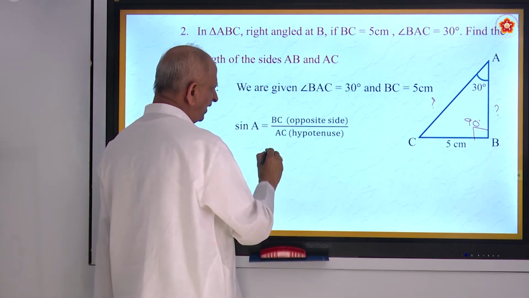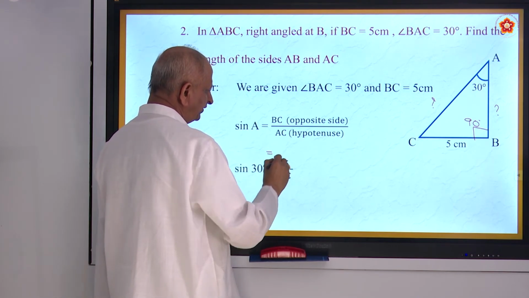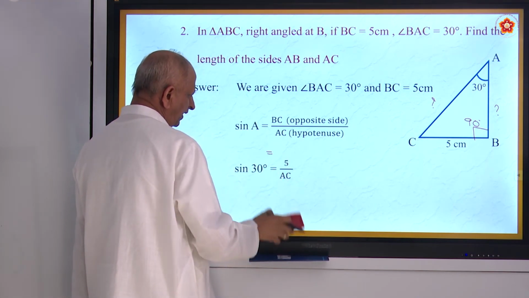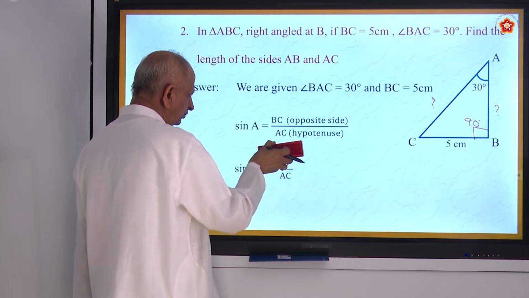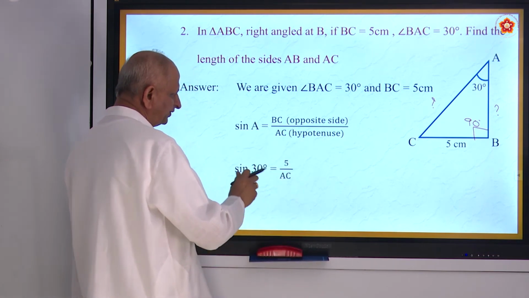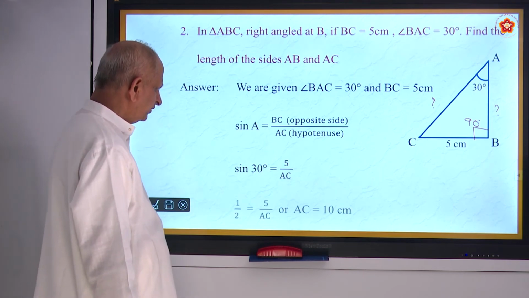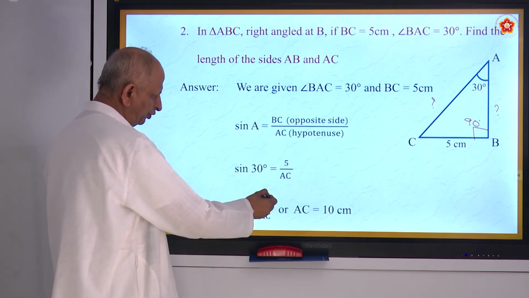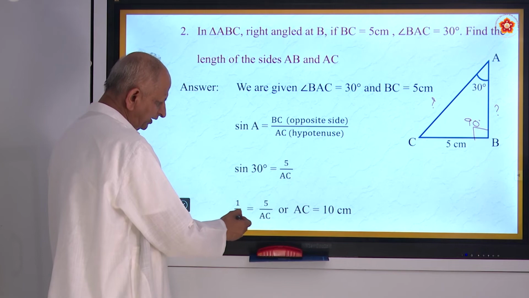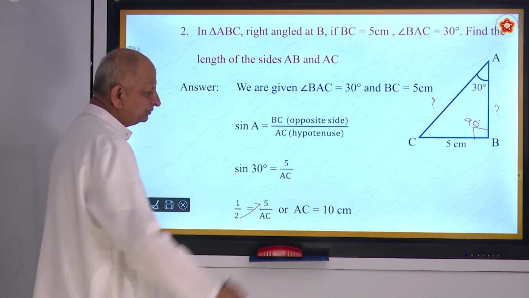So BC is how much? BC is 5. And AC you don't know, you have to find out. So what is sine 30? Sine 30 is half. Half is equal to 5 by AC, or AC is equal to 2 into 5, 10